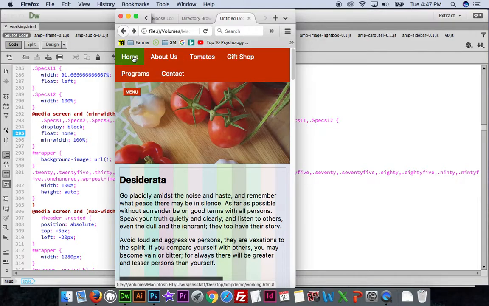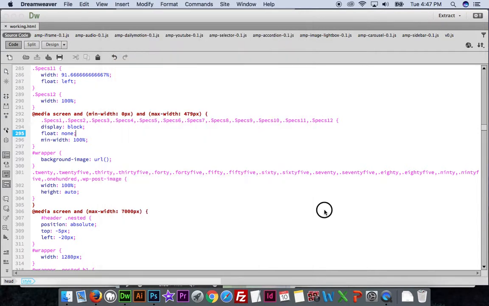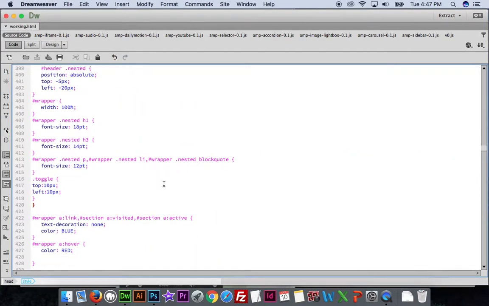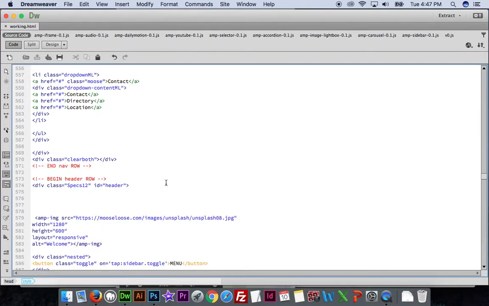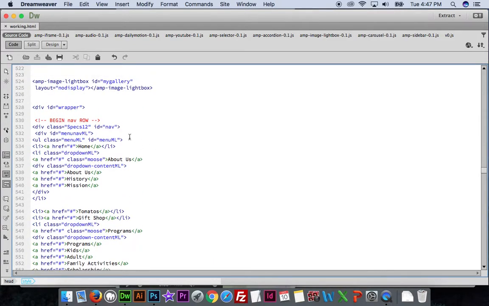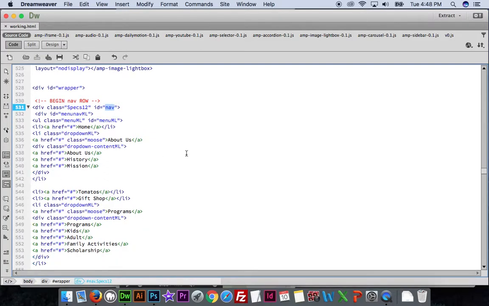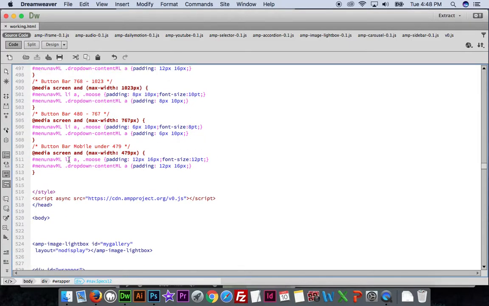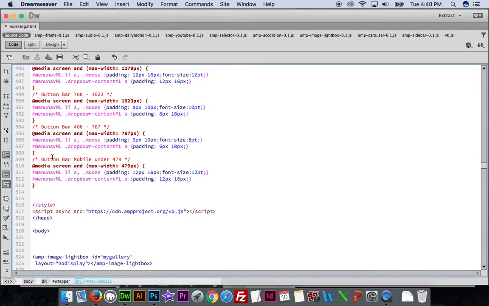So should we reduce the size of the text? Nah, let's not reduce the size of the text. Let's do this. Observe, this is really cool. We know that this div is called nav. That's the name of the nav, or the div that has our button bar. So if we go up here and we say if it's below 479,